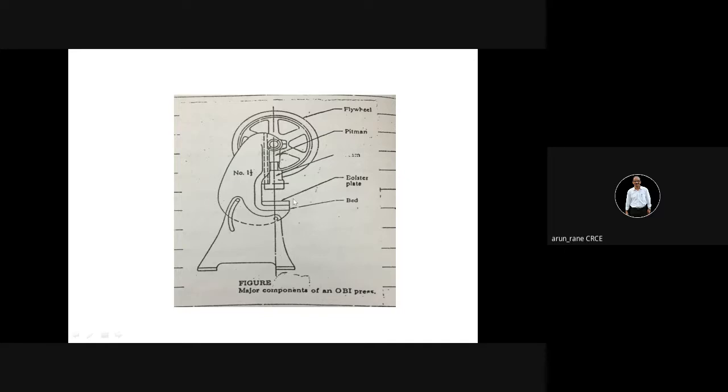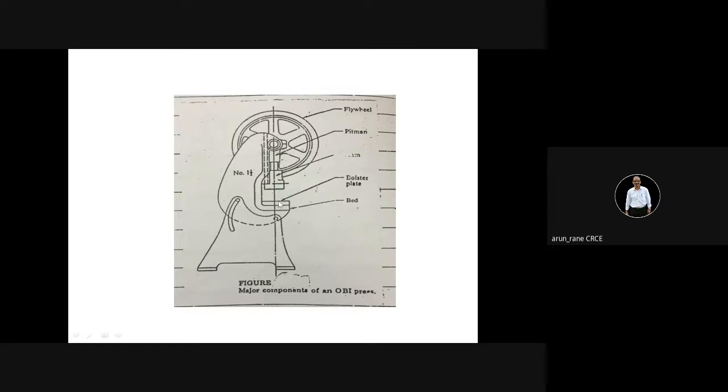This is for the bed. This is a bolster plate on which you have to fix the die. When you take this fitment completely down, it cannot be taken down in such a way that it touches this bolster plate. So there will be some gap, and this is what is called the shut height